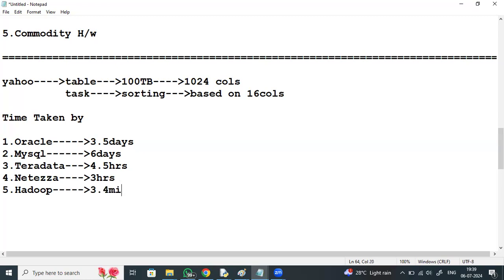Oracle 3.5 days, MySQL 6 days, Teradata 4.5 hours, Netezza 3 hours, Hadoop 3.4 minutes. The latest version of Hadoop has taken just 1.2 minutes.